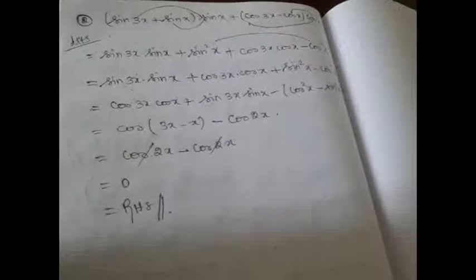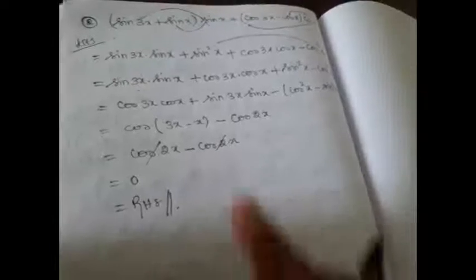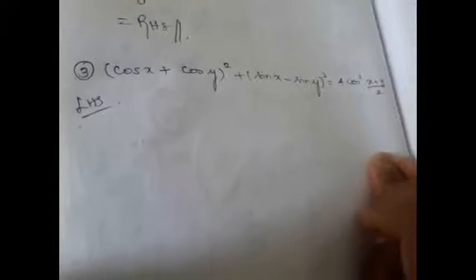Hence we prove it. Hope the problems are interesting. Again, unless you are thorough with your identities, you should know where you can apply them. On looking at these terms, immediately the identity cos a minus b should strike your mind. Here immediately the cos 2a identity should strike your mind. Everything lies on how thorough you are with your identities. Now let us see how we can solve our next problem.